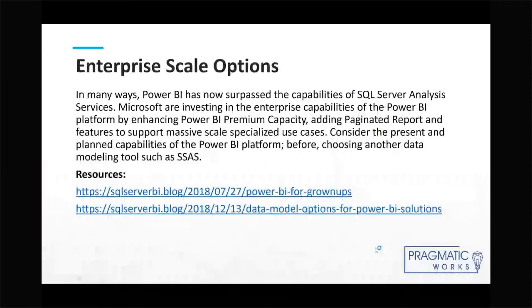All right, we'll come back and take a look at parameters. This I lifted right out of that blog post that I mentioned. These are a couple of previous blog posts where I've talked about building high-scale Power BI solutions. Again, this will be on the summary slide at the end of this presentation, but you can find my blog at sqlserverbi.blog, and you'll find a lot of posts about my recommended best practices,